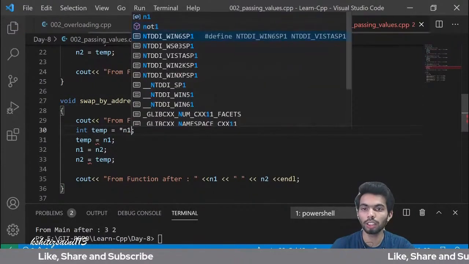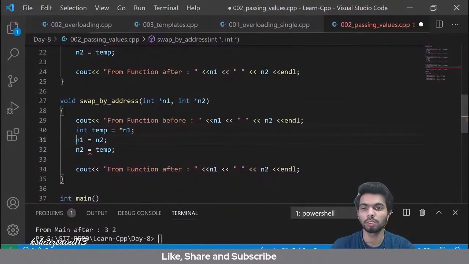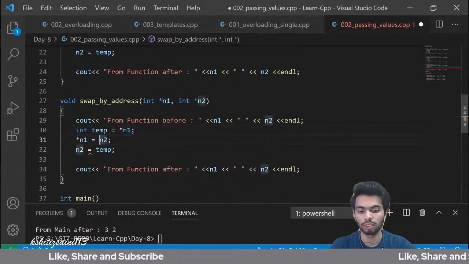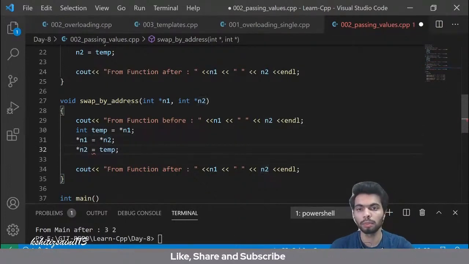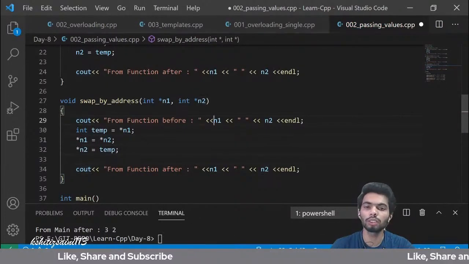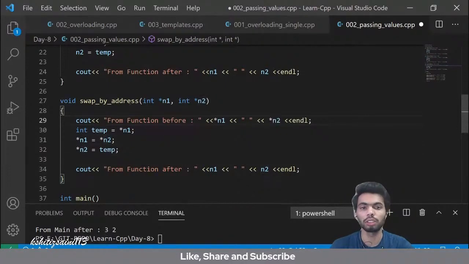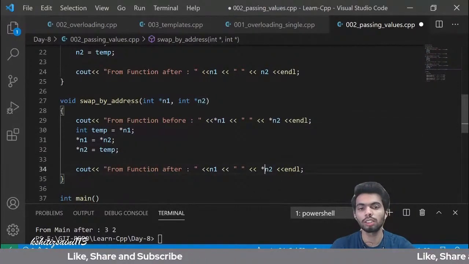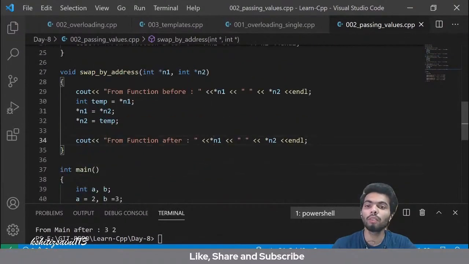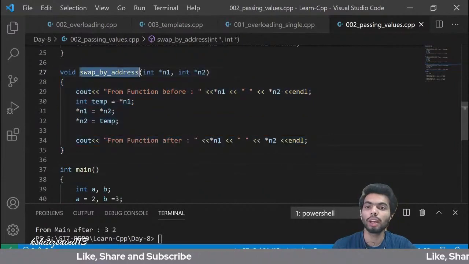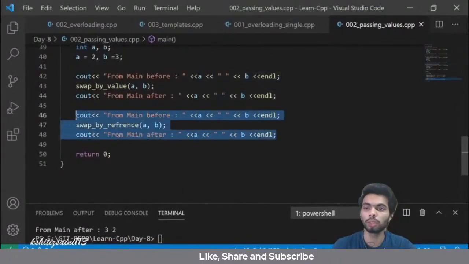ठीक है, तो अब मैंने क्या किया, temp equal to star of n1, star of n1 equal to n2, star of n2 is equal to 10, और अब मेरे को वैल्यूज प्रिंट करवानी है, तो I will use asterisk n1 and asterisk n2 here, similar case goes here। और इसके अंदर जब मेरे को वैल्यूज पास करनी होगी, when I am passing the values in swap by address, अभी इस कोड की तरफ इतना ध्यान मत देना, let me show you the difference first, फिर कोड भी एक्सप्लेन करता हूँ पूरा का पूरा।